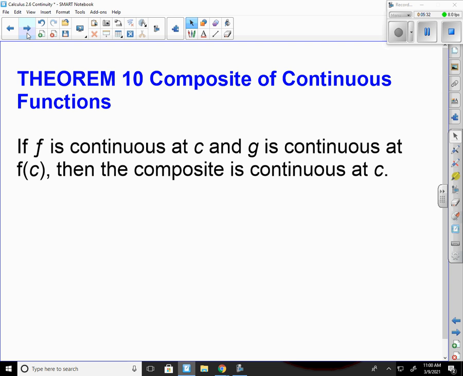Theorem 10, composite of continuous functions. If f is continuous at c and g is continuous at f of c, then the composite is continuous at c. So the first thing this says is that I have a function f that's continuous at c, and then if I plug c into f and I take g of f of c, remember f of g and g of f from last year,